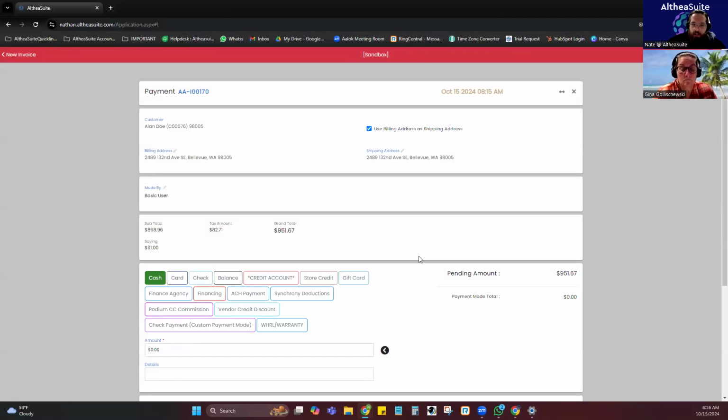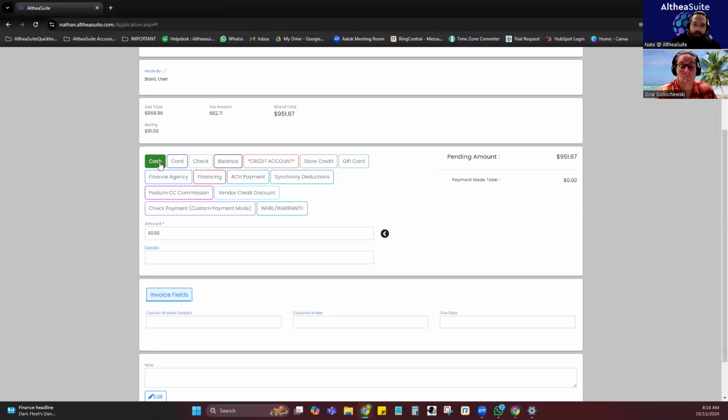So this is the payment section of the sales invoice. This is where you need to show how the money is going to get collected. By default, I have it set as cash. So if I want to, I can take the full amount in cash. By hitting that black button with the white arrow, that will move everything from the pending amount into whatever amount field that I have. Now, if I made a mistake and I don't want to take all this money,